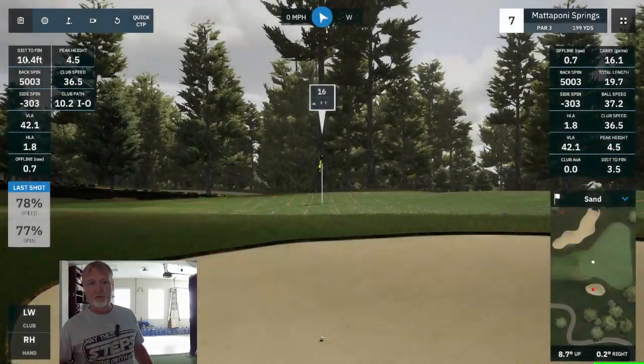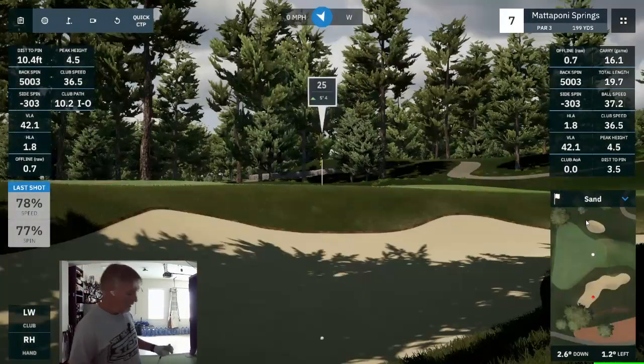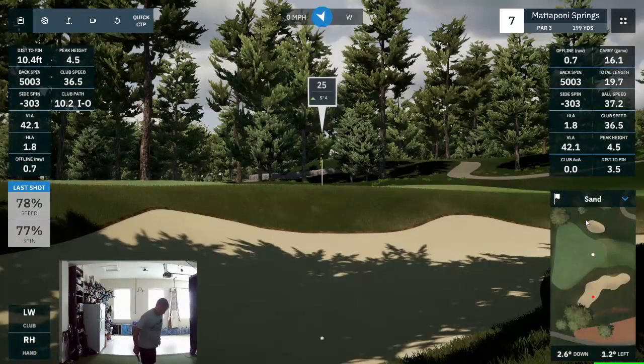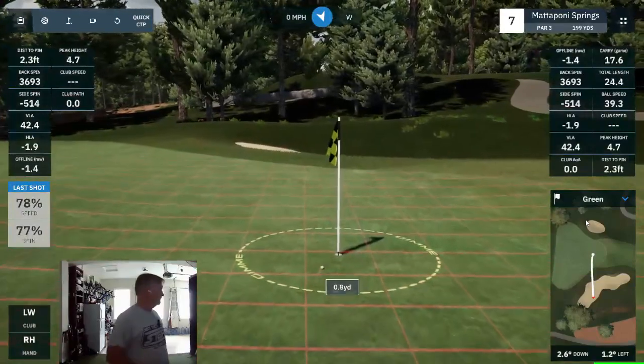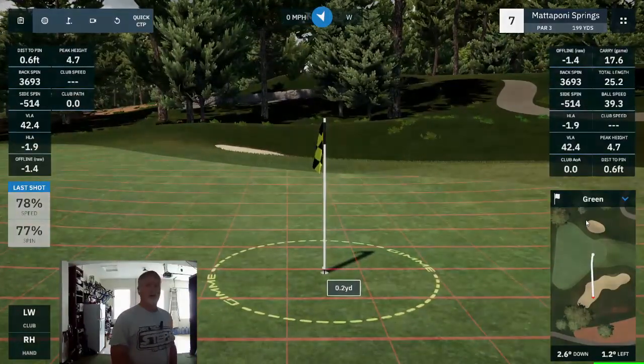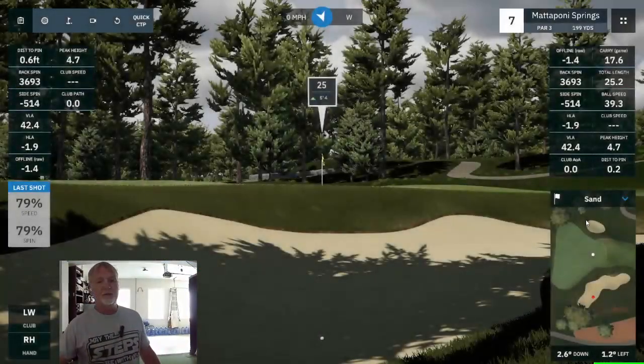Likewise, if you jump over to the other sand bunker in a different location, now I'm on a downward lie. That's very important, as the penalty is calculated based on that lie. Okay? Ooh, almost holed it. That'd have been nice. On-course practice is going to get you the best results overall for everything,